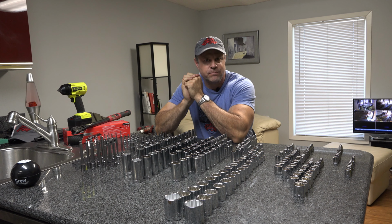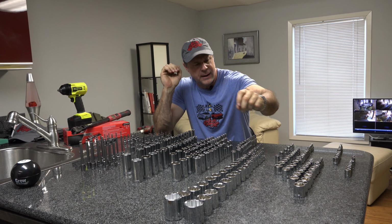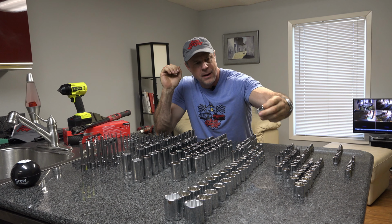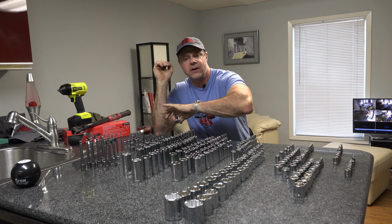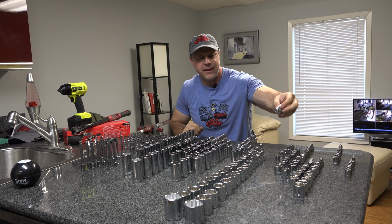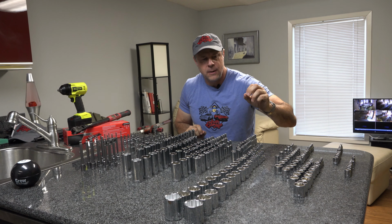Now, I do have some things I noticed about the set. For one thing, I'm not sure why, but there is one 20mm socket in this entire set. One. I'm not really sure why that is, but there you have it. 2,